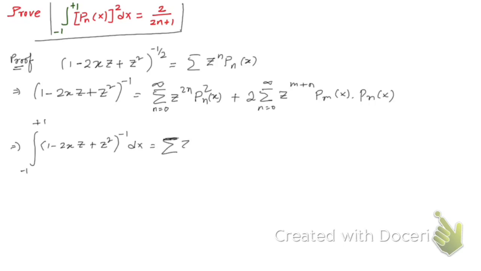Z to the power 2n. Here we treat this as a constant because we are integrating with respect to x only. So the integration from minus 1 to plus 1 of Pn of x square dx,